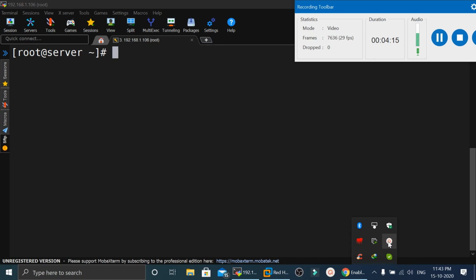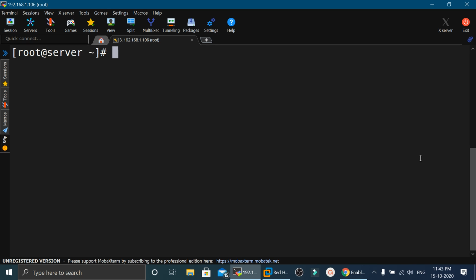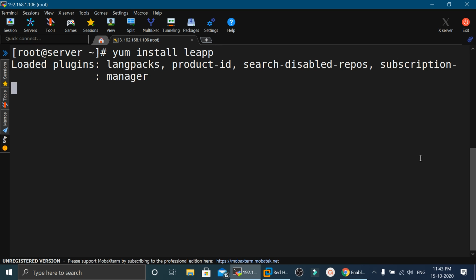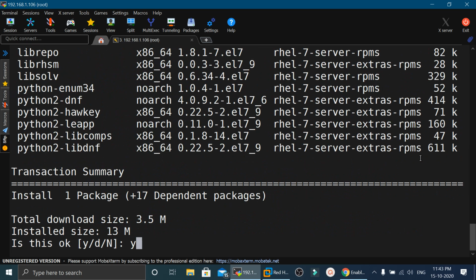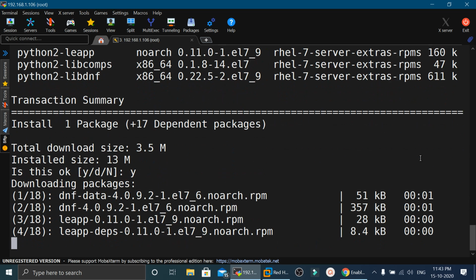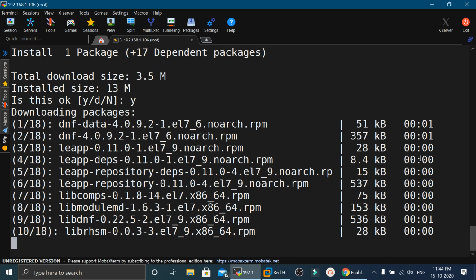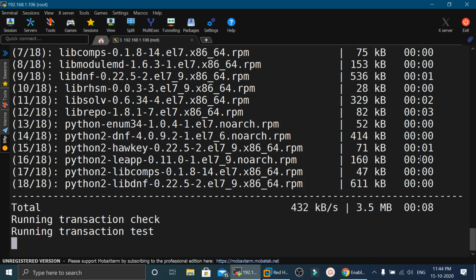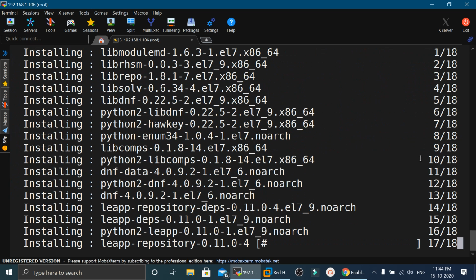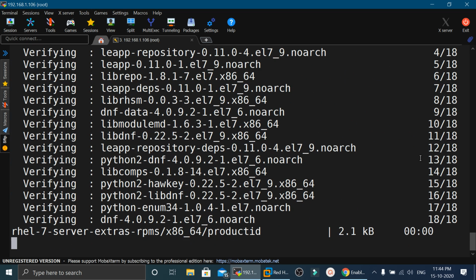Now in the next step we will install Leapp in our machine. This package is required to upgrade the system from RHEL7 to RHEL8. So we will execute the yum install leapp command, and it will install the Leapp packages in our machine. It will hardly take 20 to 30 seconds. Once all the packages are installed,